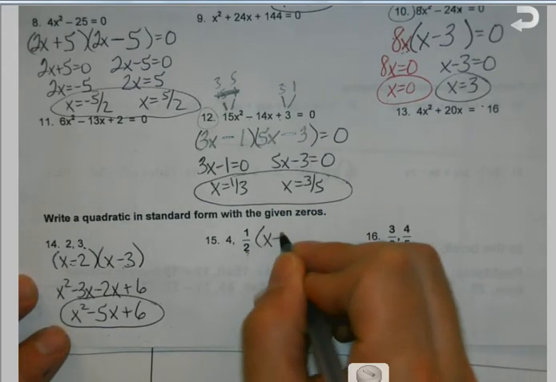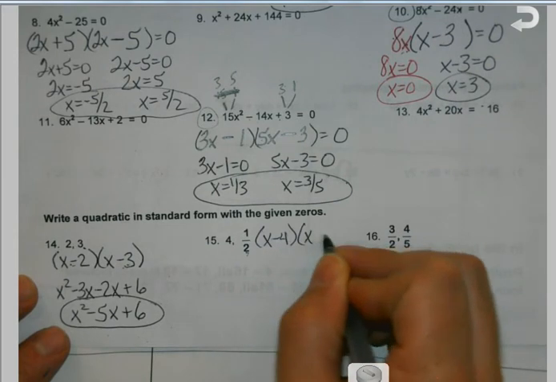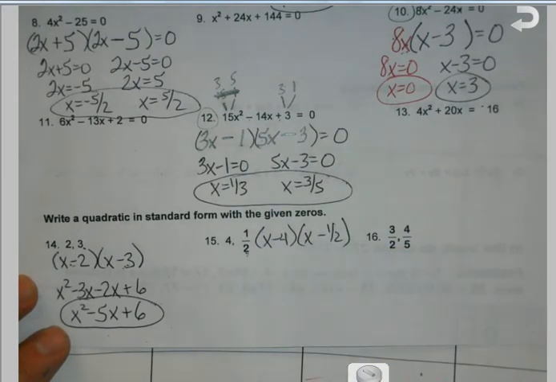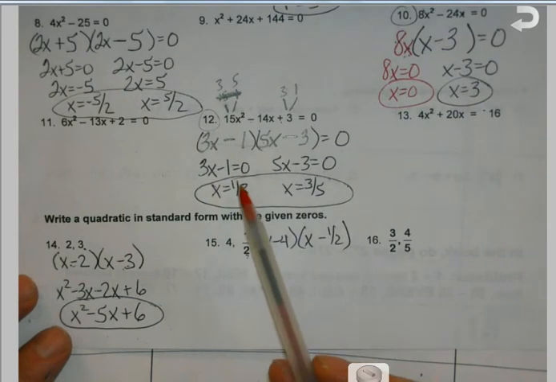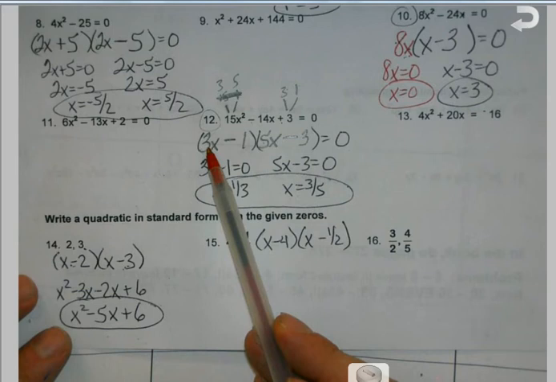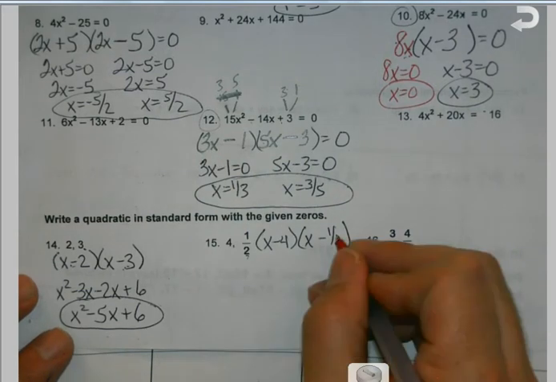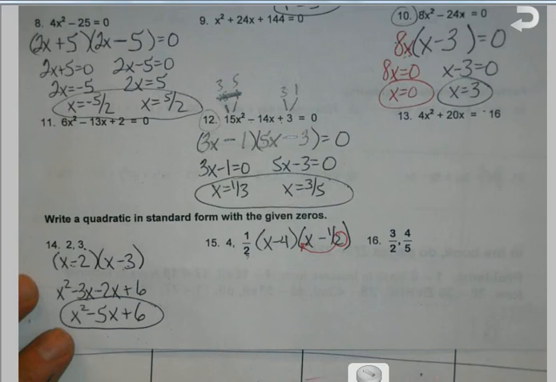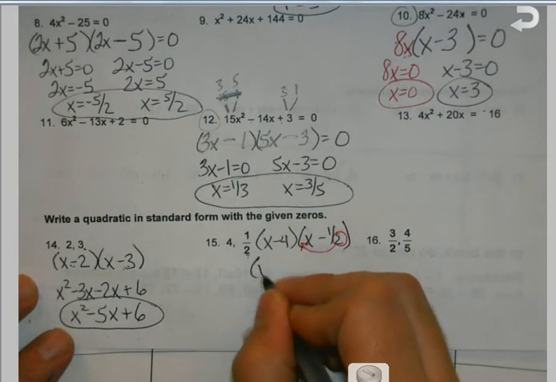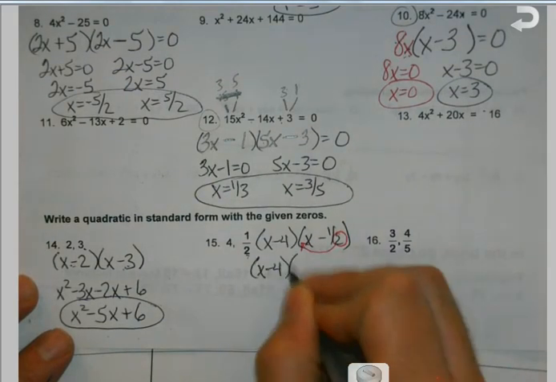So you're like, okay, this would be x minus 4 and x minus 1/2. Now we don't do a lot of stuff with fractions in these. So here's how this is going to clean up. If I think about that with the ones where I got fractions, let's say like number 12, I'm like, oh, so basically it's I had a number and then I was dividing by this. I can do that backwards. Whatever that denominator is, if I swing it back to the front of that particular quantity,